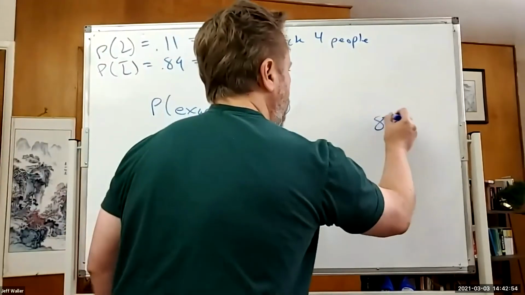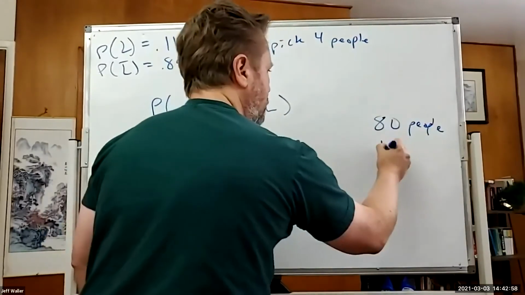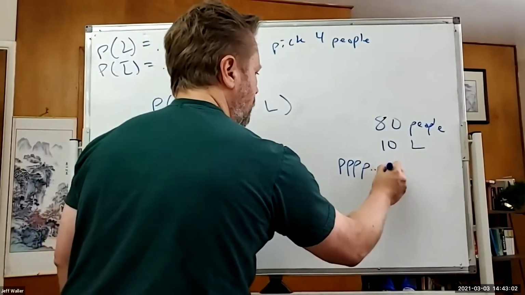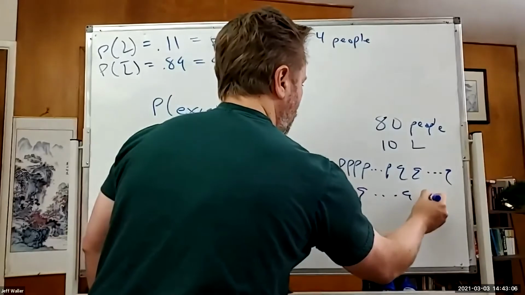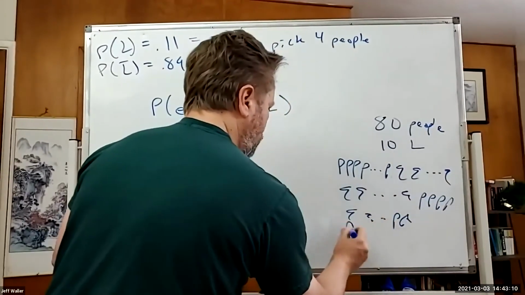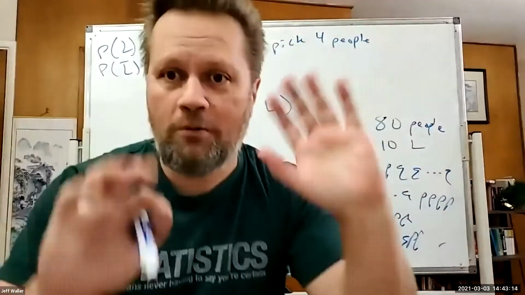What if I had 80 people? I really want you guys to do it with me. 80 people, and I want 10 of them to be left-handed. It could be the first 10, or it could be the last 10, or it could be the middle 10, or it could be the first 2 and the middle 3 and the last,